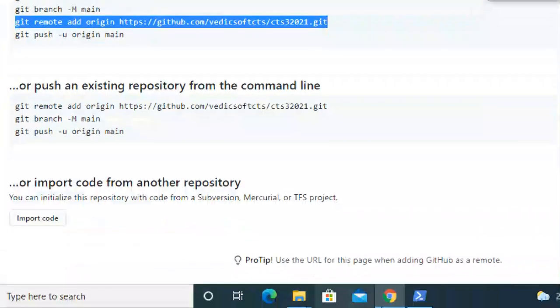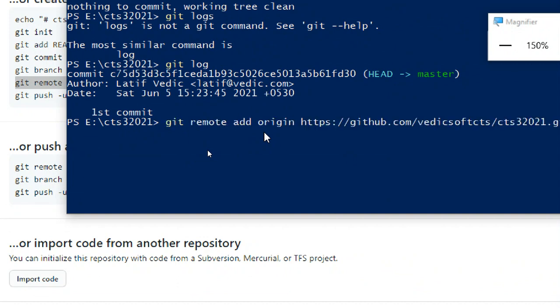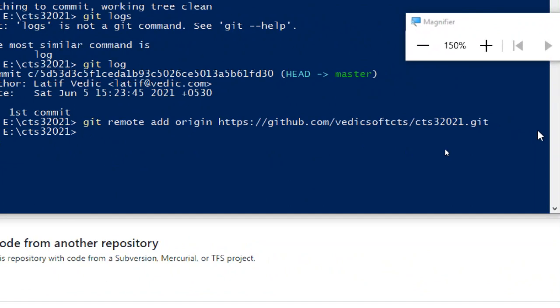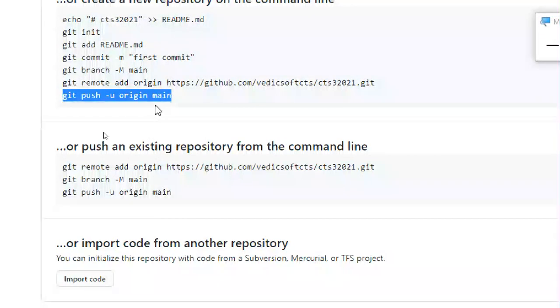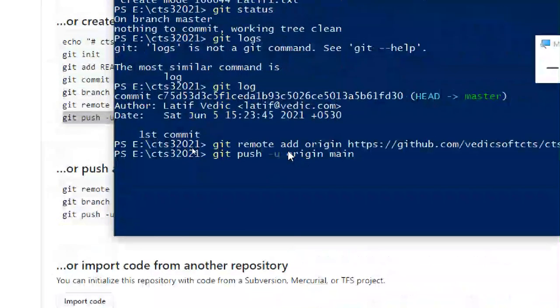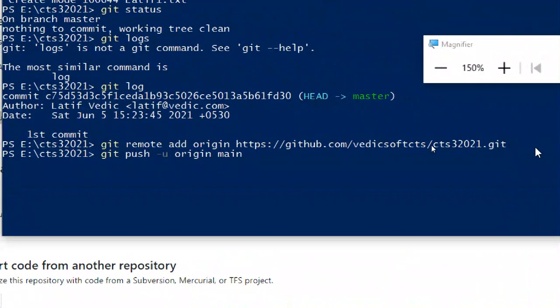First time you are doing this from the local machine to central, so you compulsorily have to give the command git remote add origin and the link where the git repository is.